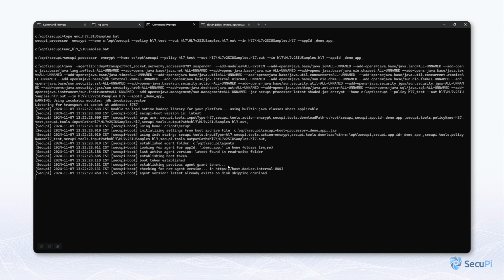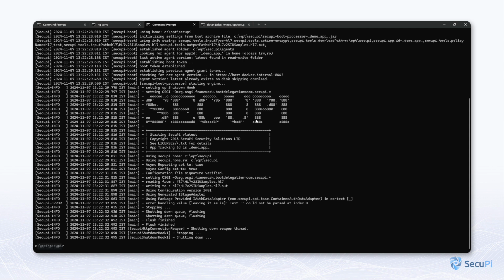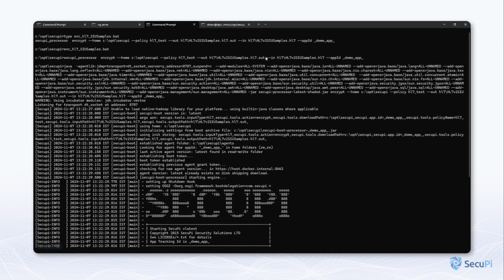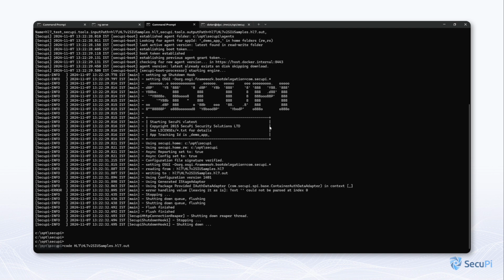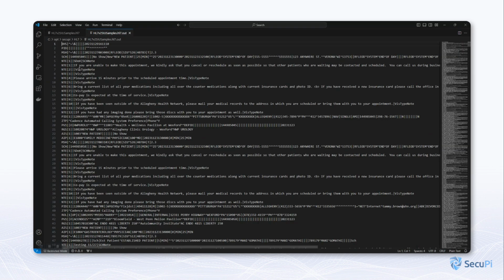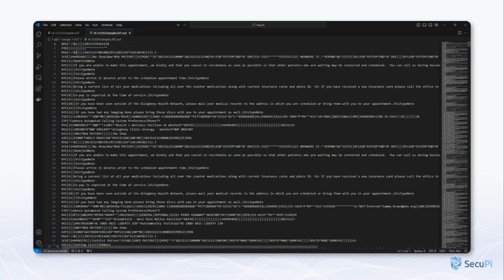So once we run it, the tool is basically running the SecuPi agent. It's loading the agent from the SecuPi management server, running the process, and then completing. Now that we have the output completed, we have an out file, right? If you remember, we were putting the output file in the HL7 folder in an out format, and let's have a look at that and see what we can see. So as you can see, it's still valid. It's basically a valid document,